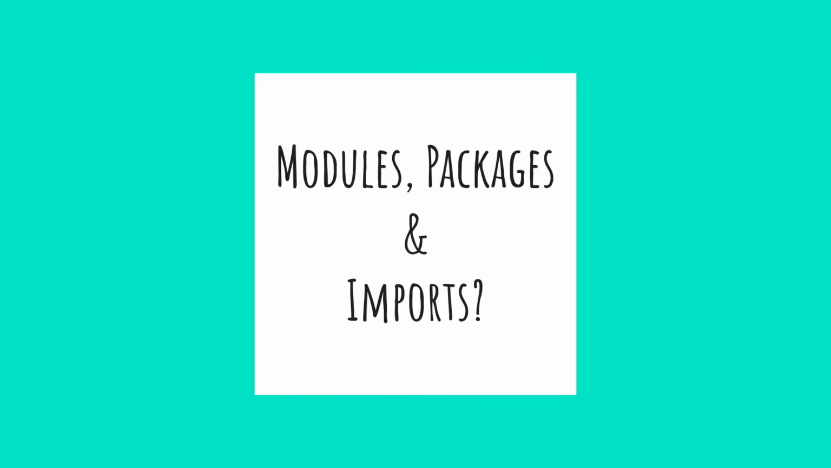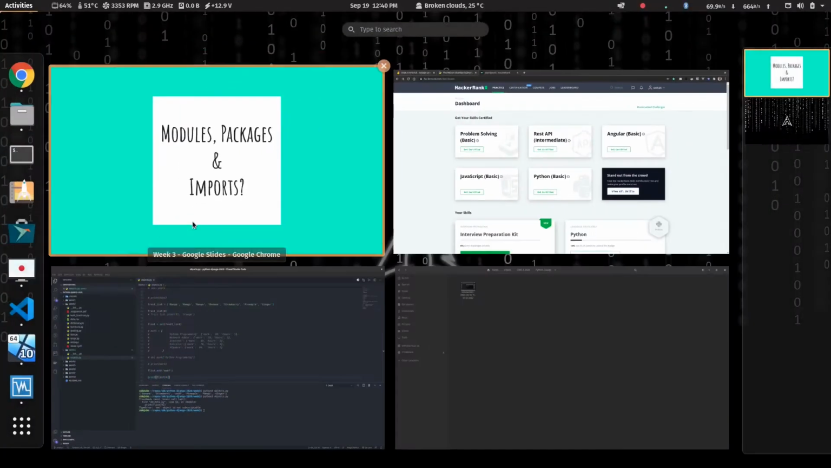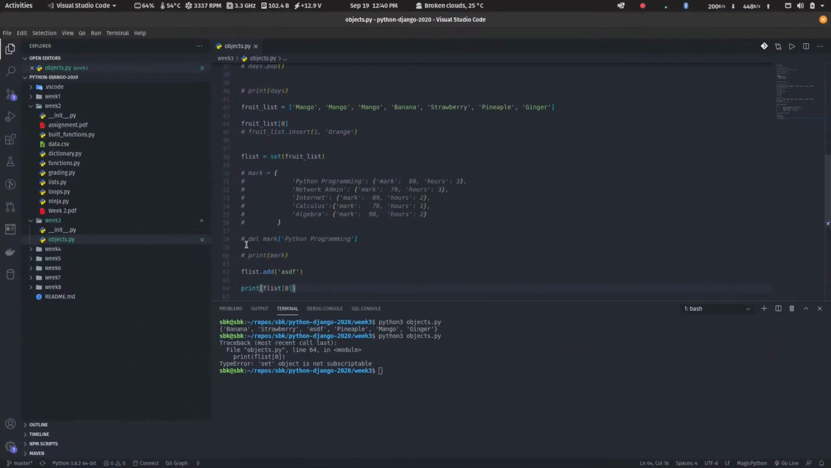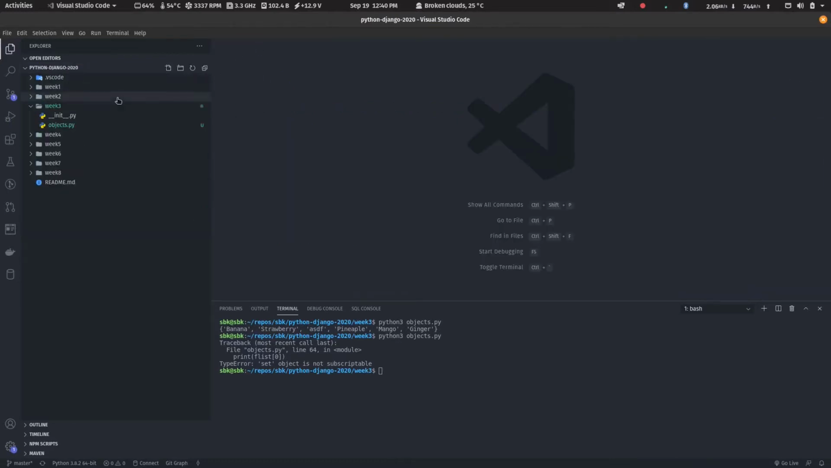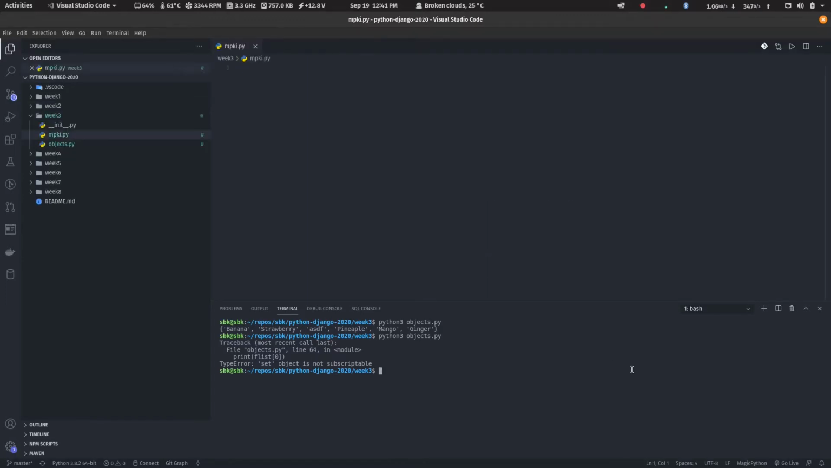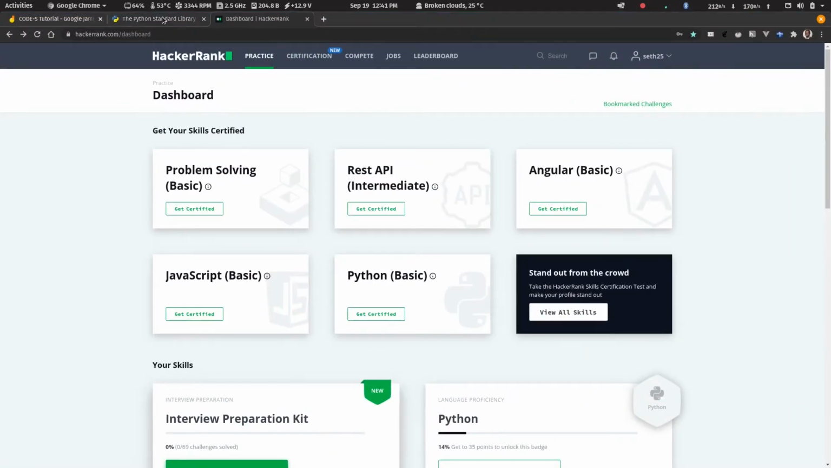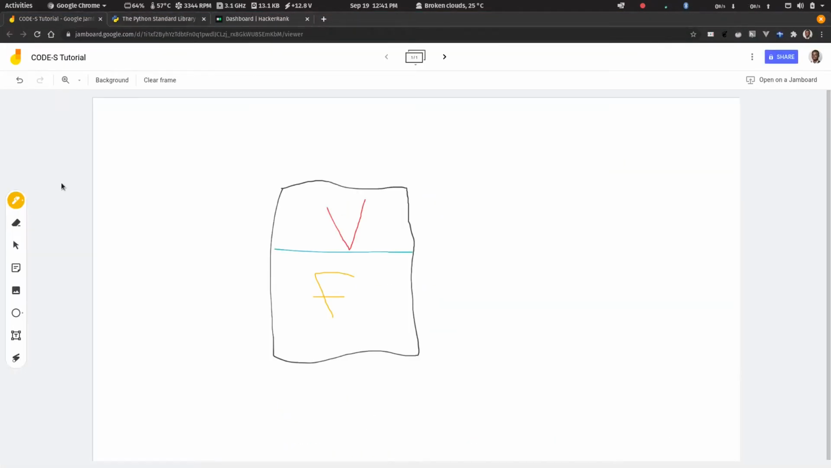So now we're done with objects, we're gonna do modules, packages, and import. So modules, packages, and import. All right. So let me just create mpki.py. Modules, short for modules, packages, and imports. Yep. So in this one, what we're going to look at,